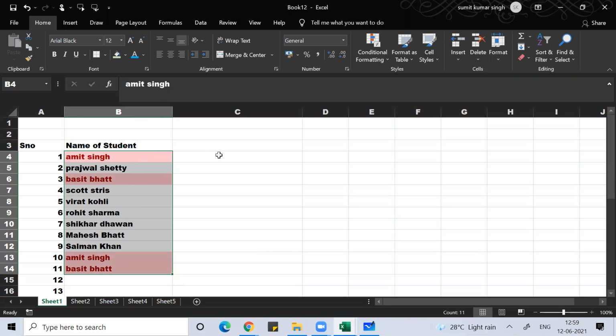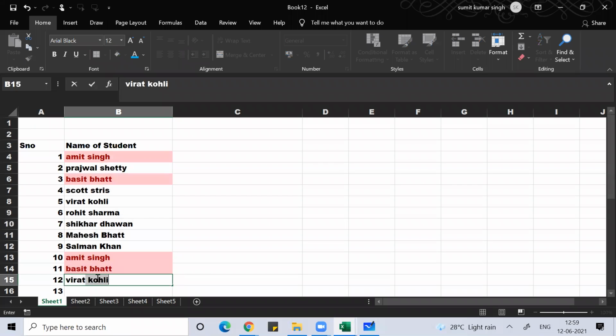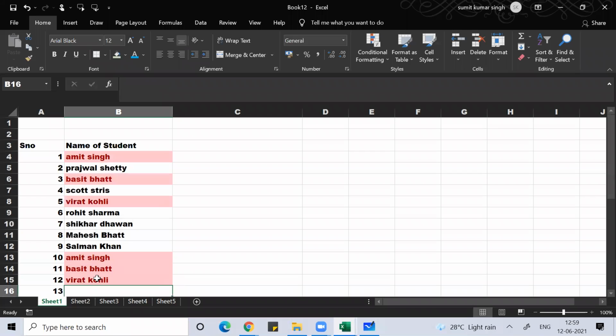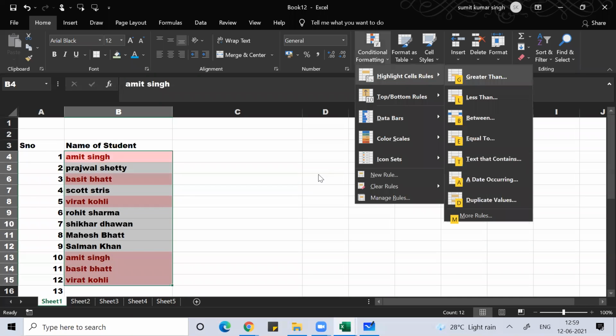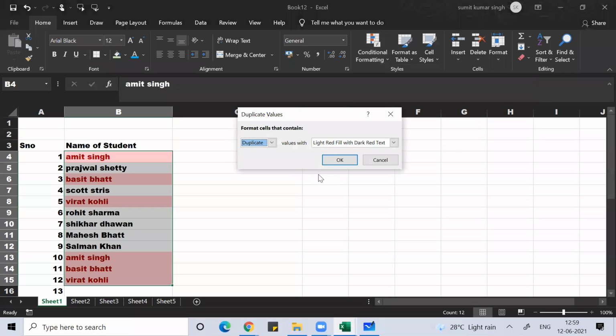How to do that? Under home, go to conditional formatting, Alt HL, then H for highlight cells tool, D for duplicate values. You can choose the color in which you want to show the duplicate values.